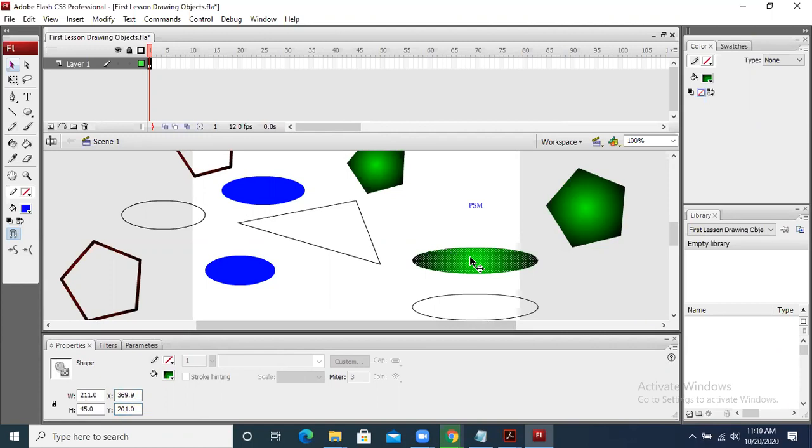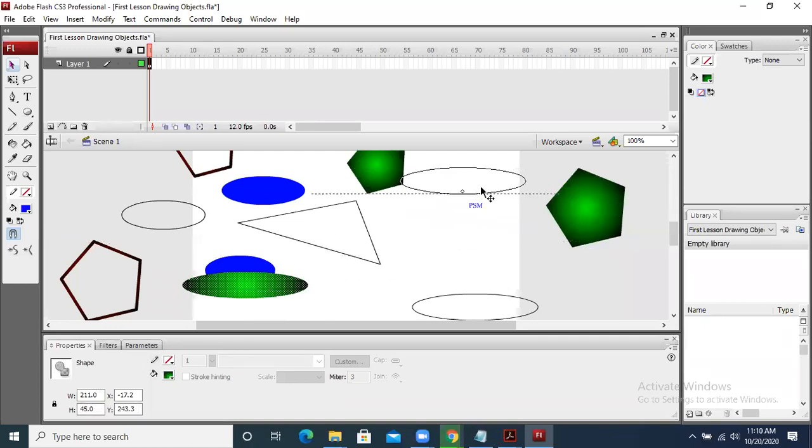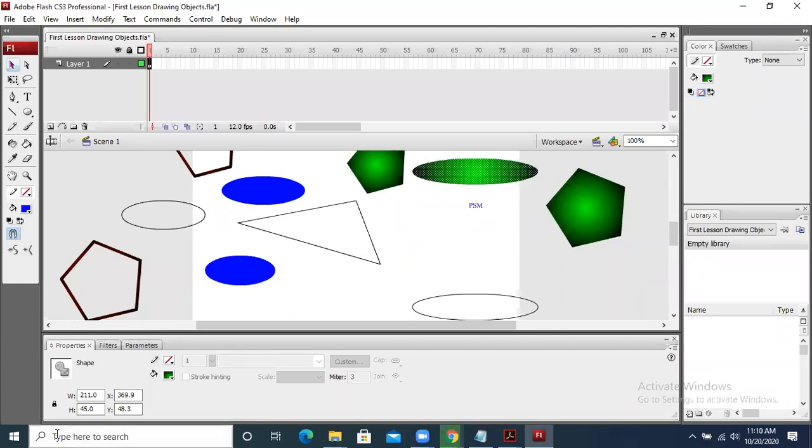Now see, this is the object. If I change it, its position is changed. Can you see this? The x-axis and y-axis show you the position. Width and height remain the same, but the position will be changed. The width is 211 pixels and the height is 45 pixels. Its position is 343.9 on the x-axis and 156 on the y-axis. But if I change it, now it is 94 and 266.